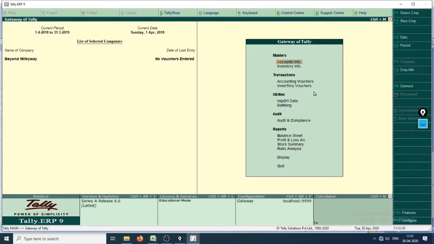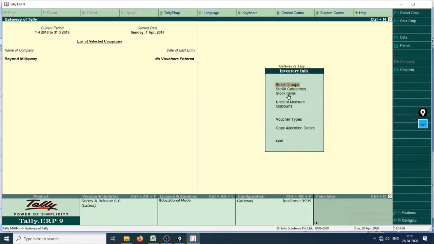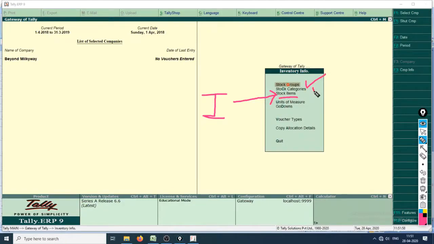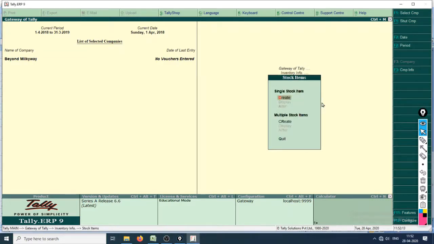Let me guide you once again how to create a stock item, just in case you are in doubt. Go to Inventory Info, I, and then go to Stock Items right here, again I. We have created stock groups, stock categories, units of measure, and godowns, and only this one is left, so we are going to create this one now, with the help of I. You can just navigate, because these are something that we are not going to use occasionally, hence we don't need to learn their hotkeys.